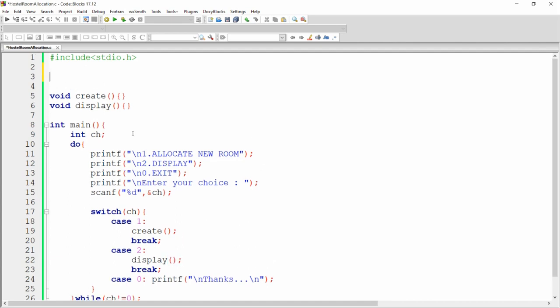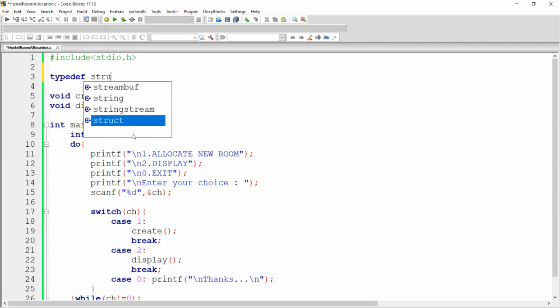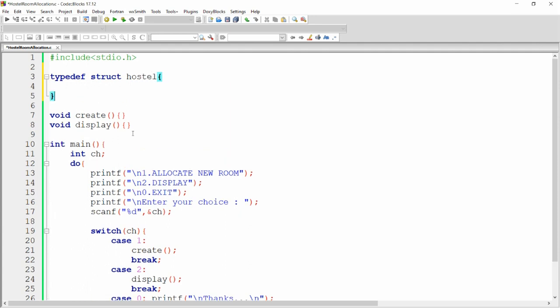Now I want to write the structure, because I want to create the system, that is the hostel accommodation system. So I need the student roll number, name, location, gender, and room number. So I'm defining here typedef struct, and the name of the structure is hostel. Here I'm giving the alias, that is hostel.